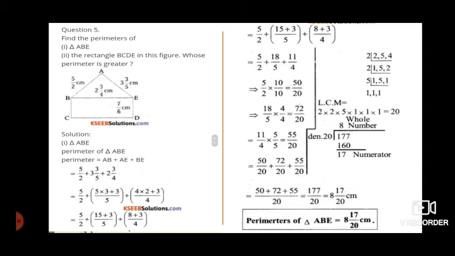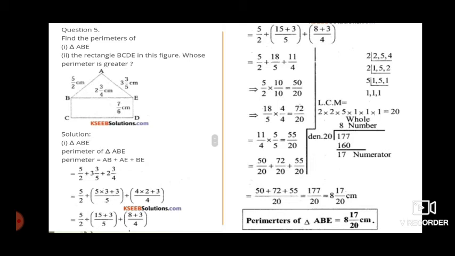So what do we have to do? Again convert into equal denominators by taking the LCM. Same type of sums, children, same procedure only, but different words. Now take the denominators 2, 5, 4 and find the LCM. Dividing by 2: 2 ones are 2, 5 as it is, 2 twos are 4. Again with 2: 1 as it is, 5 as it is, 2 ones are 2. Finally with 5: all ones. Now the LCM is 2 into 2 into 5, that is 20. So our target denominator is 20.